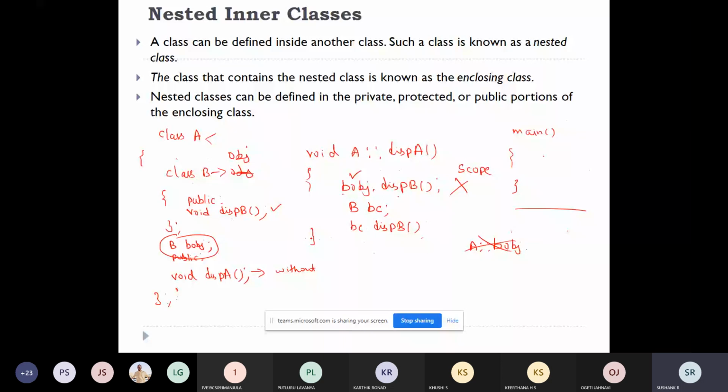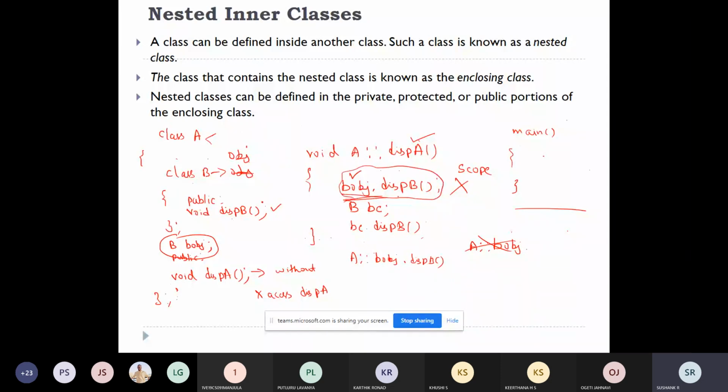See, what I was telling is that an object of the nested class, here B object, can be used inside the member function of the enclosing class without scope resolution operator. It is not accessing the display A function here, but you can use them inside the member function without scope resolution, because you're not writing the statement like this. You're directly